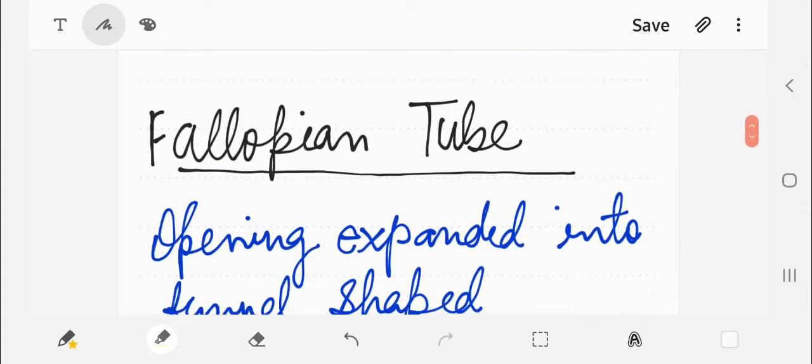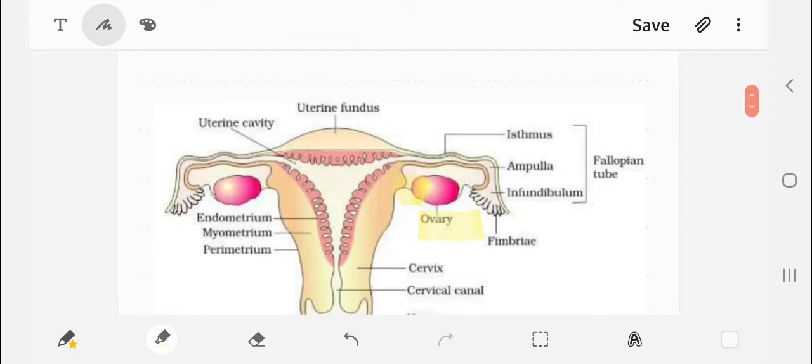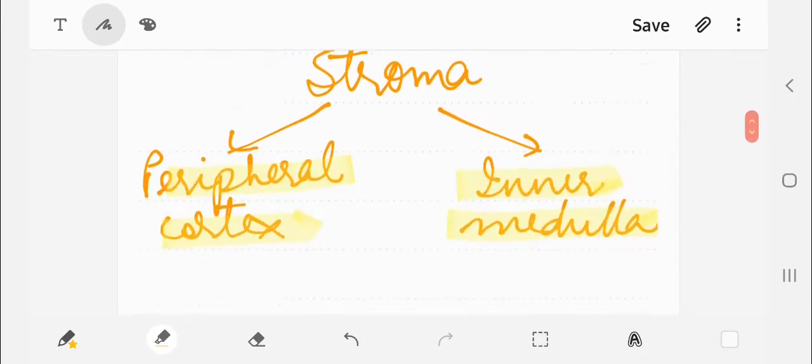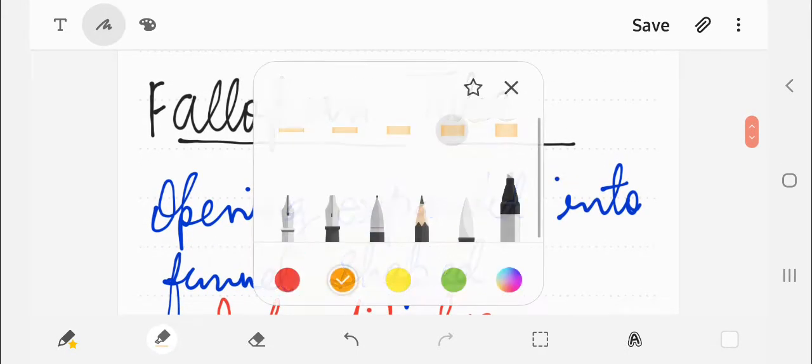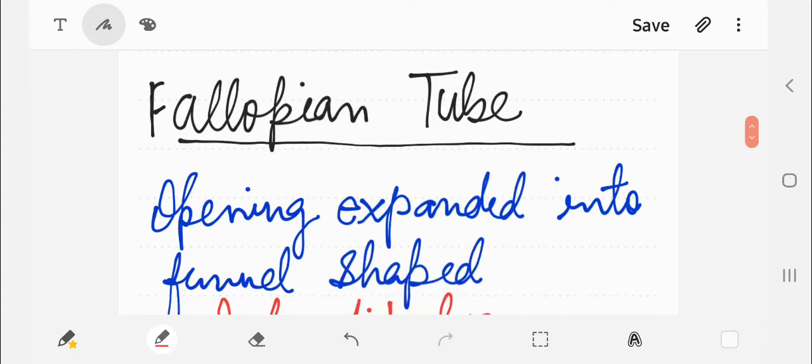Now we come to the first accessory duct, the fallopian tube, which consists of three parts. That is the infundibulum, a funnel-like structure, and at the end of the funnel-like structure you have finger projections, the fimbriae. Then we have the expanded portion, the ampulla, and the last narrow portion, the isthmus, and it is the site of fertilization. Where fertilization takes place means the fusion between the ova and the sperm takes place.